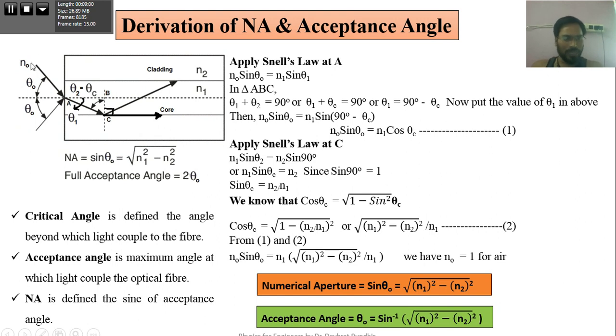Now I am defining another important point. Sometimes in some books you will find light is coming from here, and in some books light is coming from here. Whatever the case, if light is coming from here so that it will go there, then this triangle will be on the upper side. If I consider light coming from both sides, this will be a region, and this whole region is known as the acceptance cone or the acceptance region. The acceptance region or acceptance cone is basically the region in which only the light is coupled to the fiber, otherwise light will not couple to the fiber.